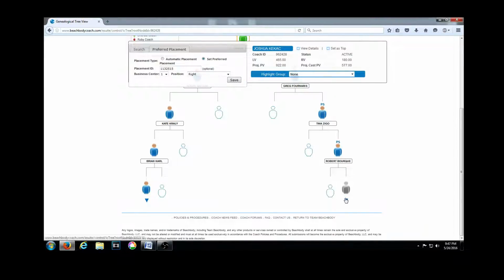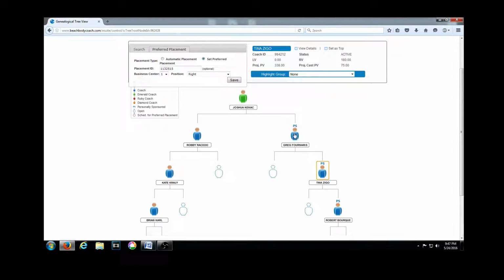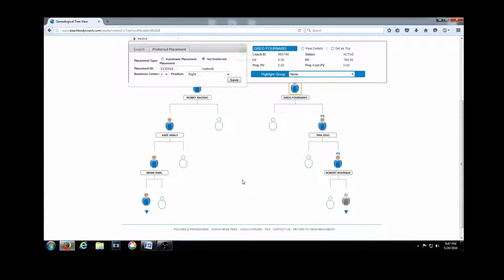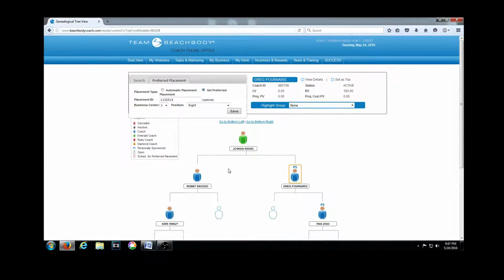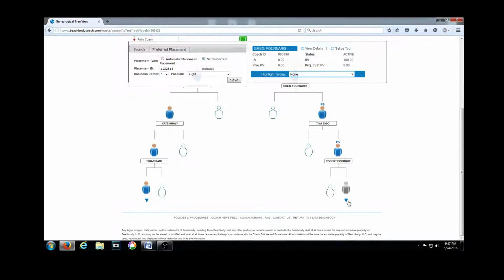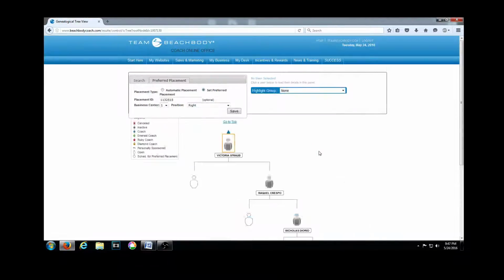Basically, going down, you can click on people and see how they're doing, what they've put up for the month, the kinds of numbers they're looking at, whether they're active or not. And again, the red is where they're scheduled for preferred placement. So for example, if we go all the way down the right side,